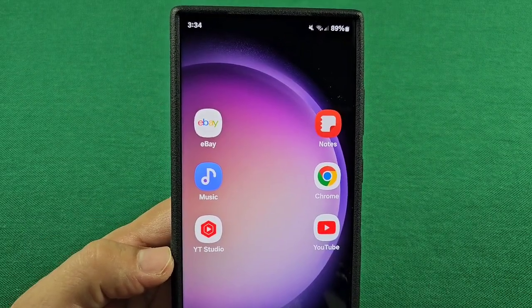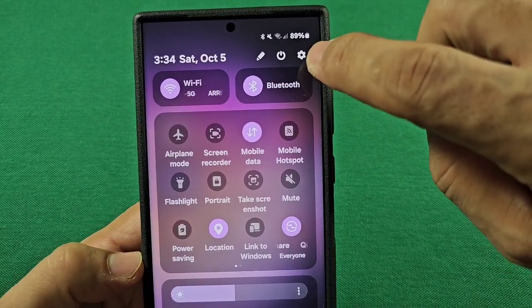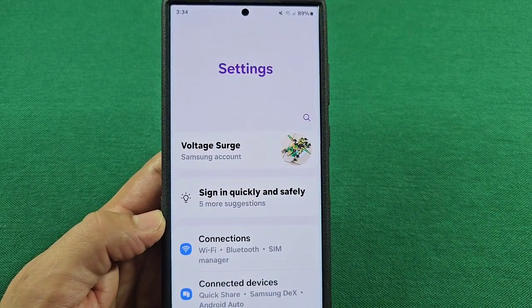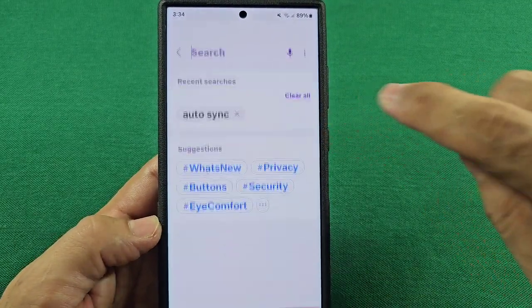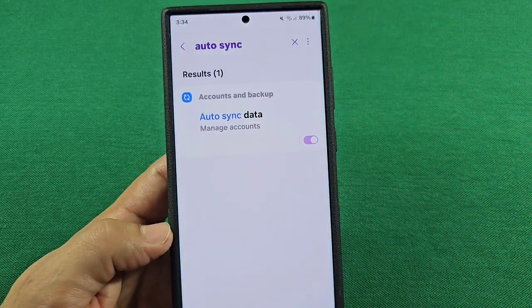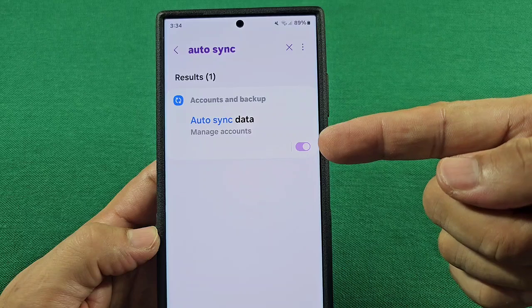The fastest way to this main switch of auto sync, you'll use the quick access here and tap on the settings gear icon right there. Once in this section here, you'll go ahead and use the search bar right there and type in the words auto sync. Now you'll see this part here and you can simply disable the switch from here,